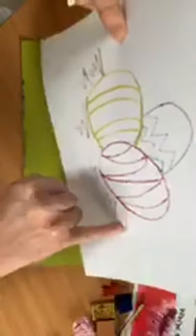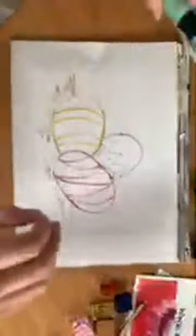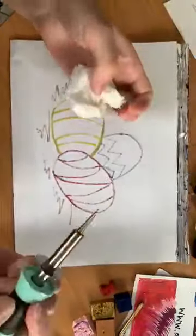So if I was doing the same size, I wouldn't need to worry. So I'm just checking that the edges of my eggs and the whole image are within that A5 piece of paper underneath. So let's leave that like that. And actually what I'm going to do here is